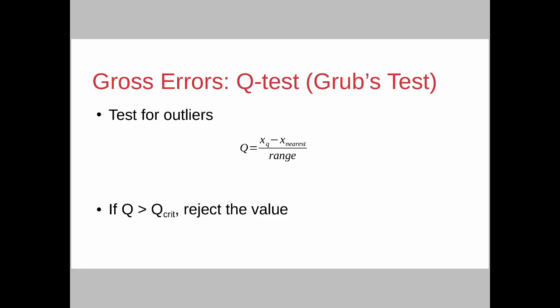And then lastly, we have the gross errors. Basically, this is a test for outliers. In actual practice, you first use the Q-test, then you check the variance, and then you do the t-test. So I am discussing it in reverse order, but the Q-test is one of the first tests that you should use. It tests whether the data you have is an outlier, and whether you are going to include it in your